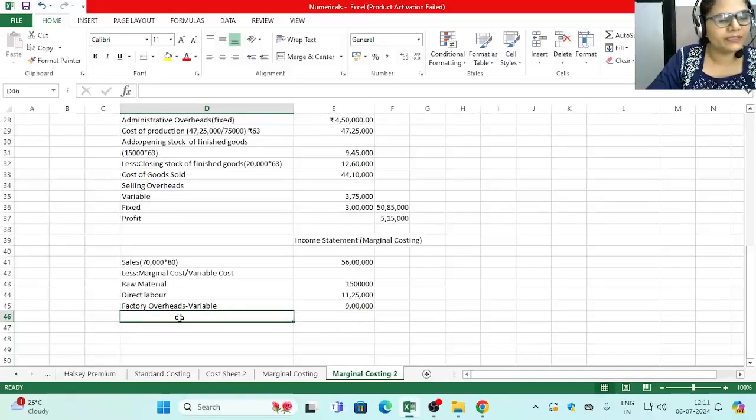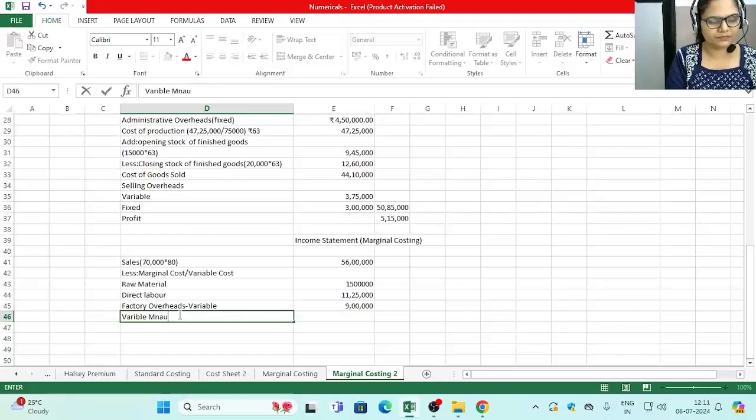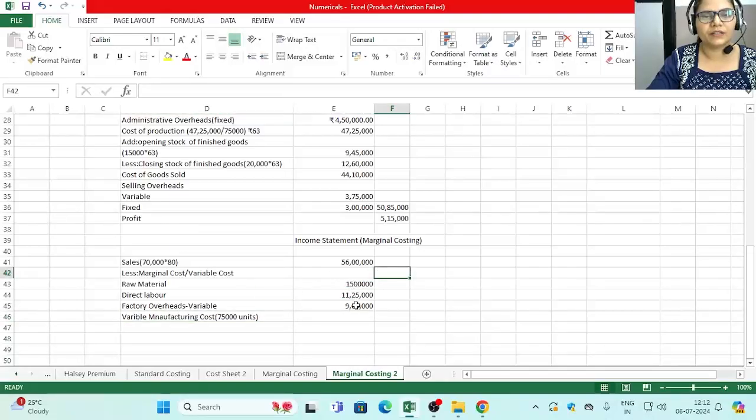After adding all these values, we will be getting variable manufacturing cost. Variable manufacturing cost, again it will be for 75,000 units, and it will be after deducting all these values from 56 lakh, we will get